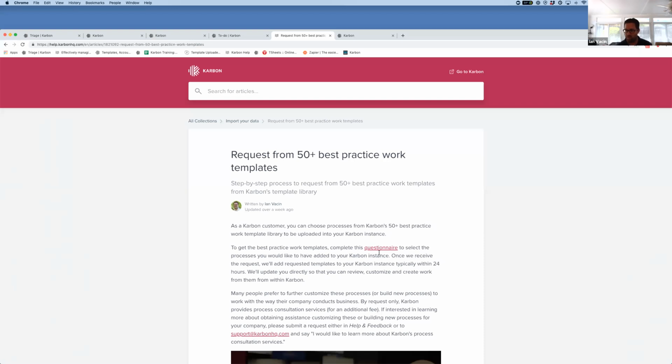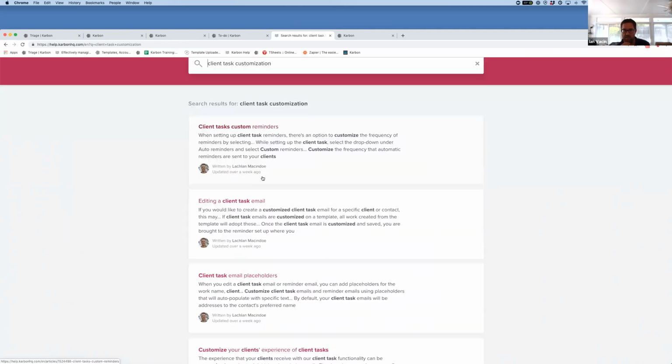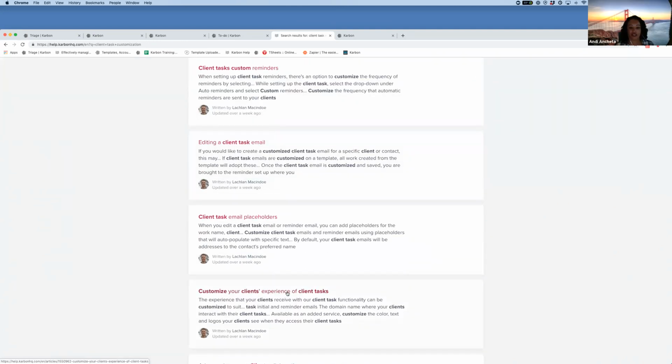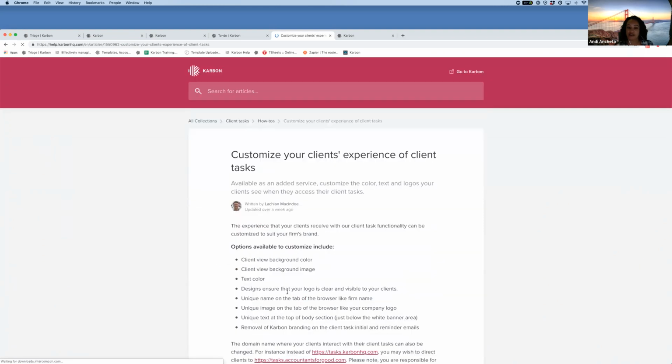Is there anything on there about the customization you spoke about? Yeah, if you go to the customizations, there will be a support article. Go to client tasks and type in customization. You'll be brought to it as well, so it'll specify some of the details there. Oh yeah, customize your client's experience of client tasks. There's also some great articles if you go to all sections,